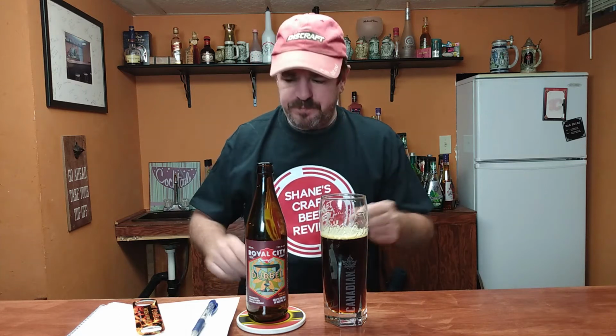Definitely a decent little winter beer. Like I said, easy to drink. That bit of date in there is not bad. I'm not a huge date fan, but it actually goes pretty good with this style of beer. It's pretty decent. But yeah, so I think on a scale of 1 to 5, I'm gonna give this a...